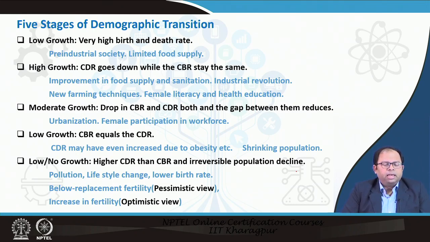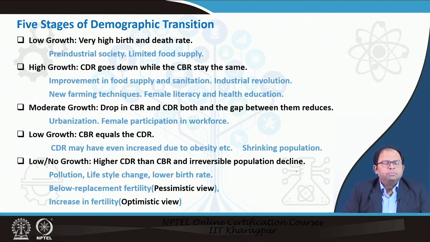So this is the first stage, and then we have the high growth stage, that is when CDR goes down while CBR stays the same. That means the birth rate more or less stays the same, whereas the death rate is coming down. Here we see gradual improvement in food supply and sanitation. Societies are going towards the industrial revolution, that means the society is being industrialized. The society also learns new farming techniques for producing more food. Female literacy starts, and health education also starts in the society. So this is a high growth phase when the population starts to grow